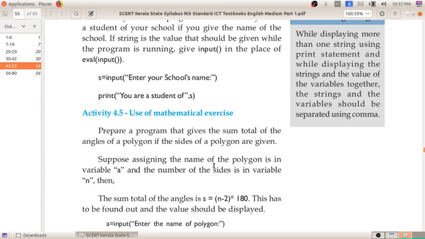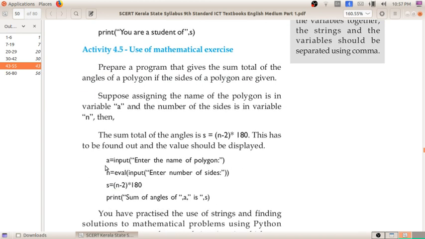Suppose we assign the name of the polygon to variable A, and the number of sides to variable N. Here you can see A is equal to input of enter the name of polygon.